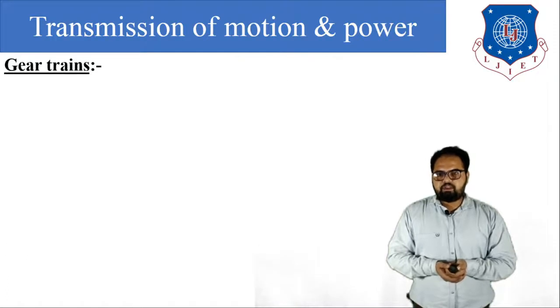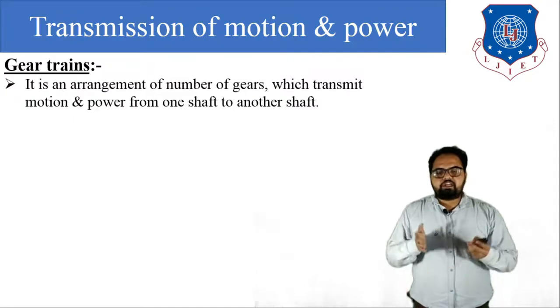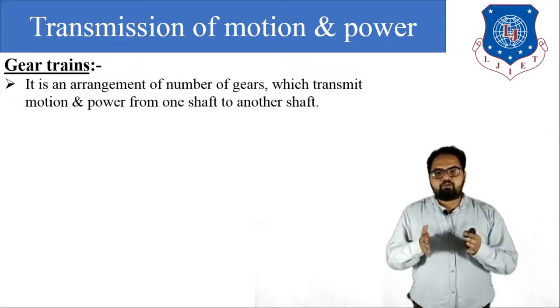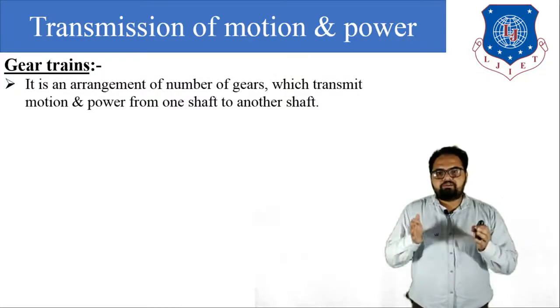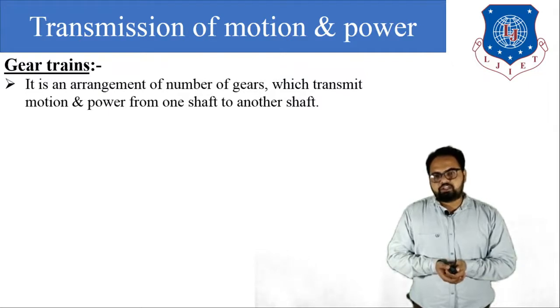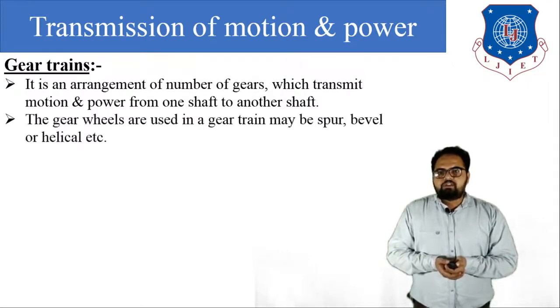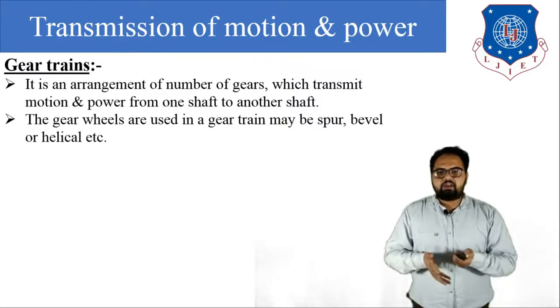Okay. Next is gear trains. So what is a gear train? It is the arrangement of a number of gears. The gears are arranged so that we can transmit the motion and power from one shaft to another shaft. The gear wheels are used in the gear train, and the gears are like spur gear, bevel gear or